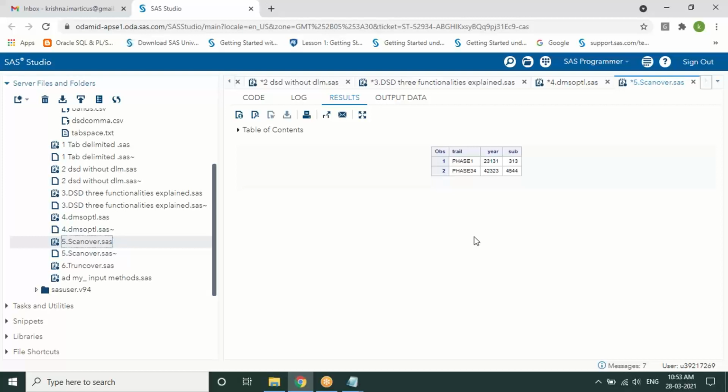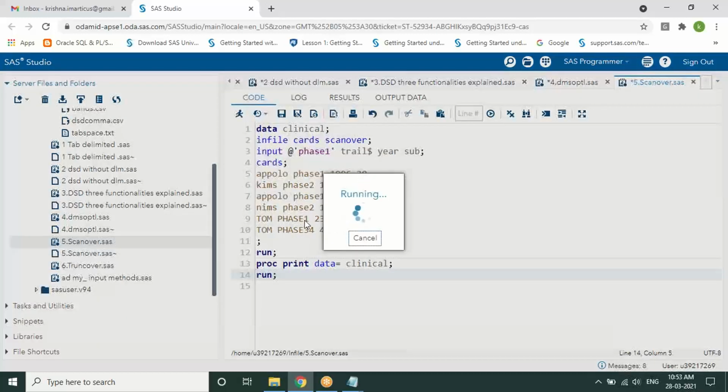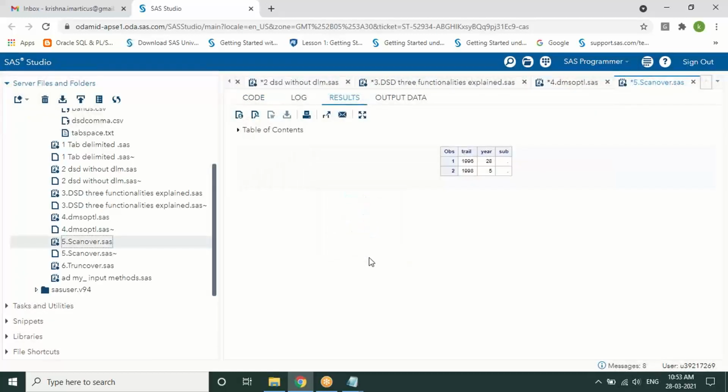Okay. So only the first variable we can define, or can we give anything? First variable generally, because the other variables should fall after that. Normally it is checked on unique values, but in this example, I specified it for easier understanding. Normally we do it on a primary key, which will be easy for us to check any duplicacies. If we give phase 1 instead of Tom, the data values will change. After phase 1, it will be checking the rest of the values. So if I execute it, we get a different value, which is not the right way to understand.